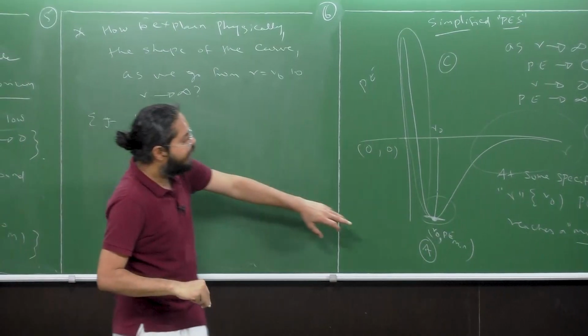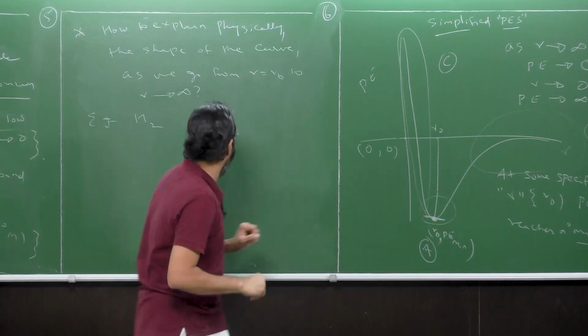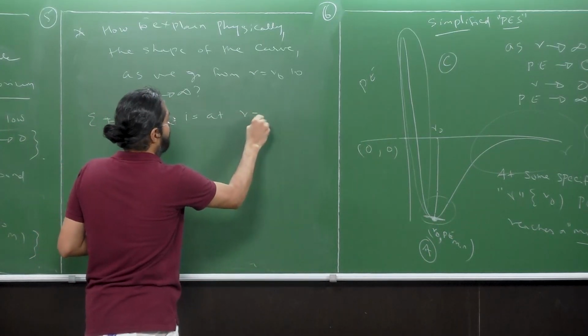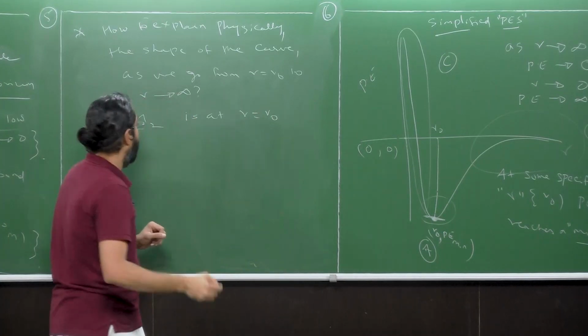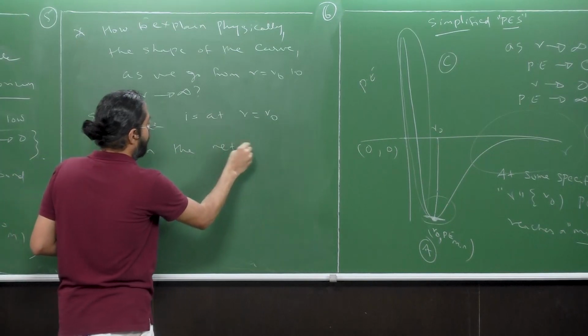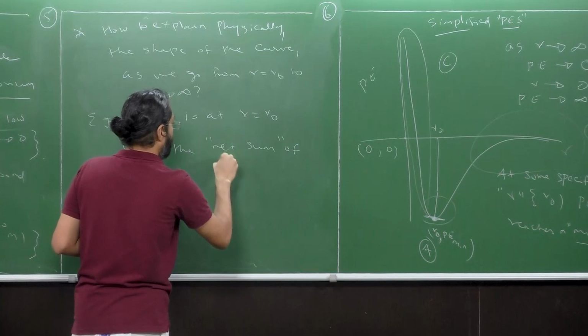Now we say that H2 is at its equilibrium bond length, H2 is at r equals r naught for that molecule, when the net sum of, note this,